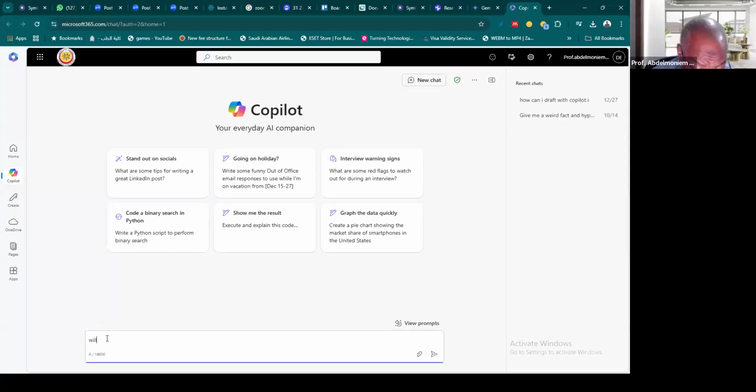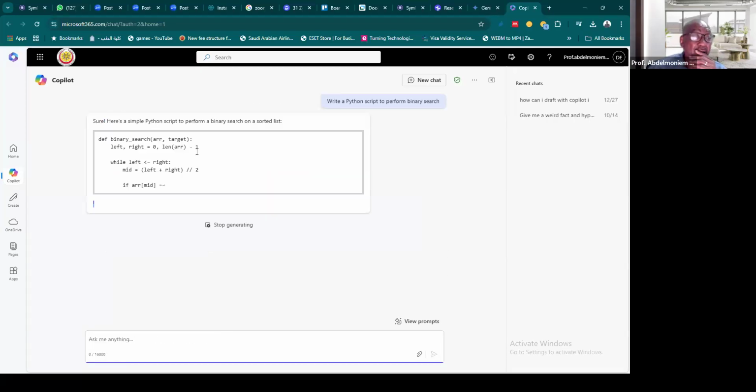will a sampling technique be required? Anyhow, I'm just going to ask any question for my research. So you start chatting, and it will help you make decisions very quickly based on the data it already has.